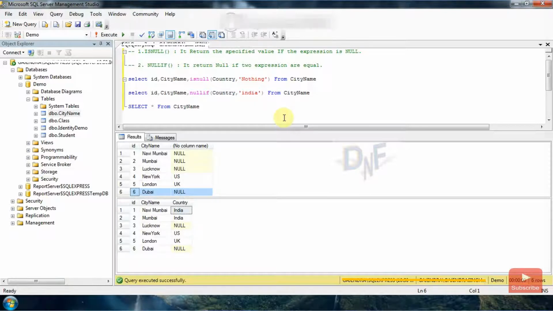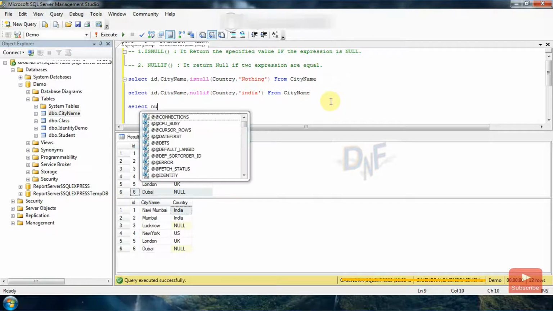And we can also use NULLIF functionality for different purposes, like in different types of calculations. If the calculation result is 0 and you want to display the null value in case the calculation value is 0, then you can use NULLIF functionality.